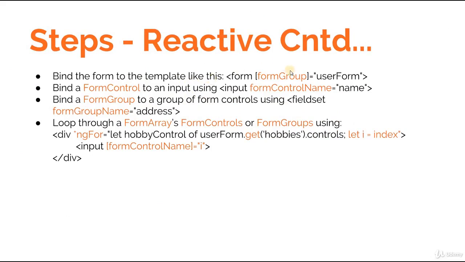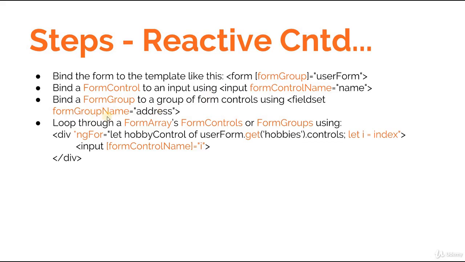So we will need a form group directive that can be accessed because we imported the reactive forms module. So we can have access to the form group, and to this form group, with the help of property bindings, we pass the form that was created inside the TypeScript class, and this should happen inside a form tag. Apart from that, we can bind a form control to an input using the form control name like so, and also we can bind a form group to a parent wrapping some form controls using a form group name directive